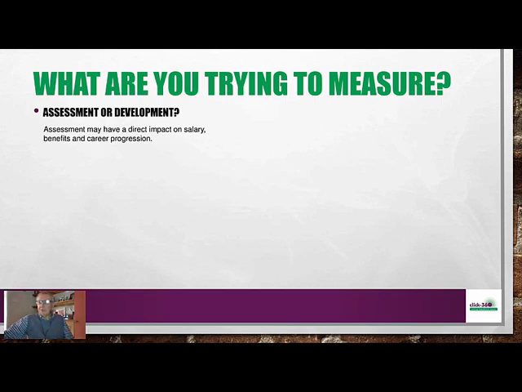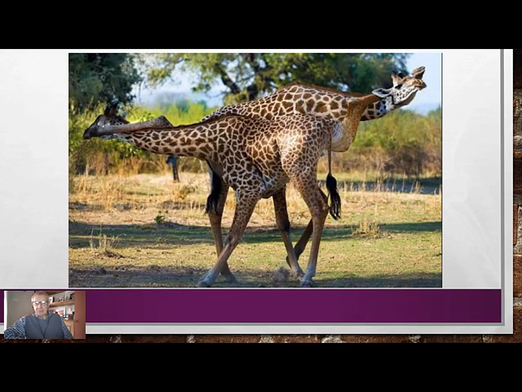In other words, and I've struggled to find a slide that I could use to depict this, you scratch my back and I'll scratch yours. I'm not sure if you can make that out in the image that's on screen, but they're scratching each other's backs. You can see that. Actually, their necks in this case. So if that's true,